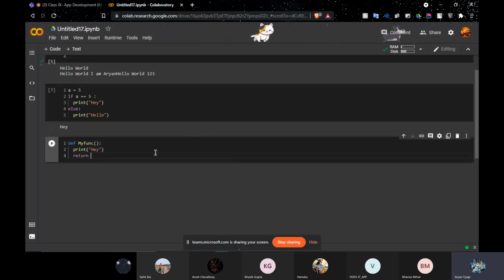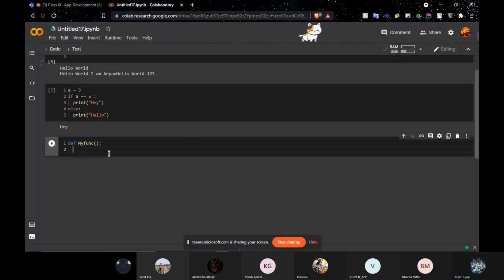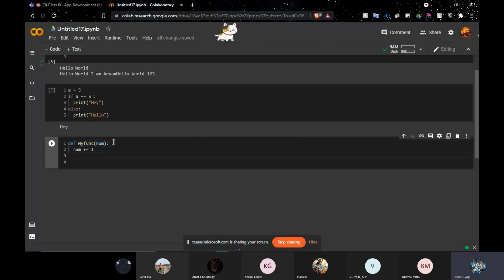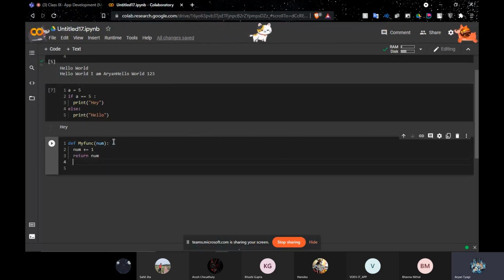So let's, for example, have a function with the variable num, then we have num plus equals 1, and then we have return num, then we have print my func, and we can say num as 2.